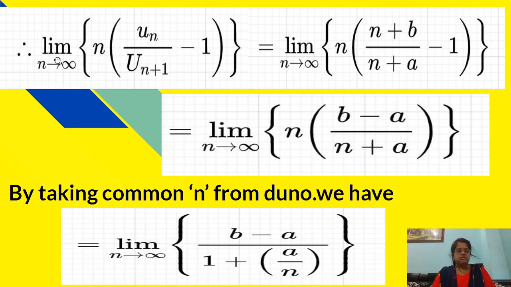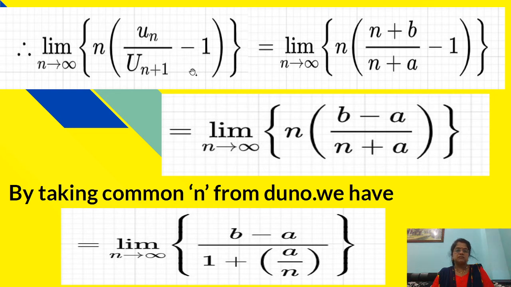Now see the value of limit n tends to infinity n into un upon un plus 1 minus 1, and therefore that is equal to limit n tends to infinity n into n plus b upon n plus a minus 1. Now here for this bracket we will take n plus a as LCM. In the numerator n plus b minus n minus a will be b minus a, because plus n and minus n will get cancelled, and therefore we will get the value of limit n tends to infinity n into un